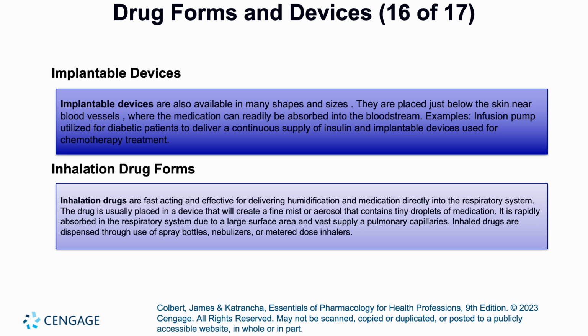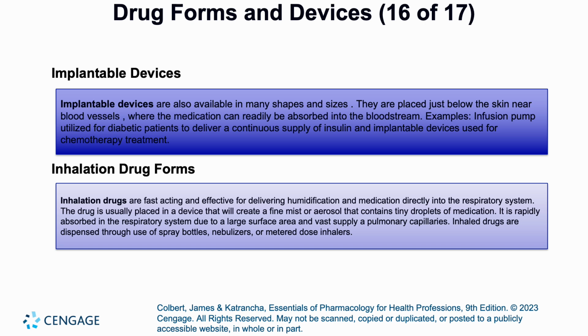Inhaled drugs are dispensed through use of spray bottles, nebulizers, or metered dose inhalers. Inhalers are probably the most common thing that people think of with asthma, where you shake it up, place it in the mouth, take a deep inhale, and those little particles are delivering medication to help open up the airway